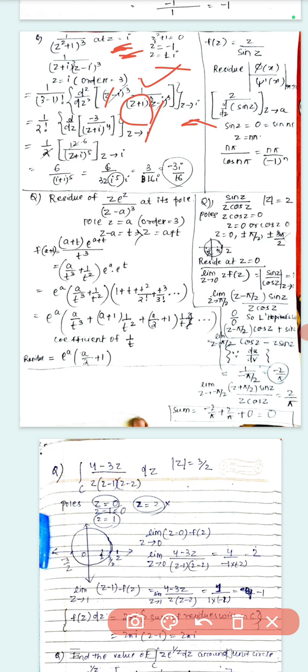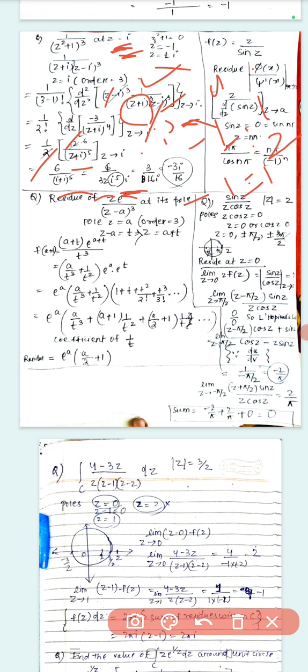Find the derivative, which is 2i by z plus i to the power 5, and put i in place of z. So here 2 and 12 cancel out, 6 divided by 2i to the power 5, 3 by 2 i to the power 5. i to the power 5 means i to the power 4 into i, and i to the power 4 is 1, so i to the power 5 is i. So why I have written this minus 3i by 16, minus 1